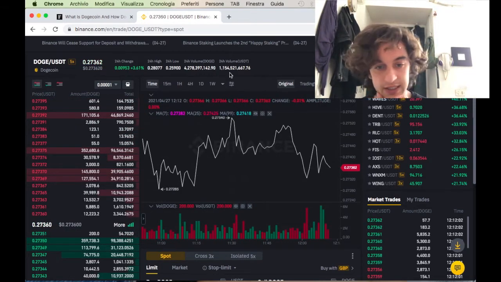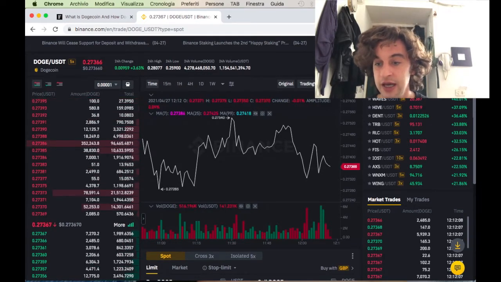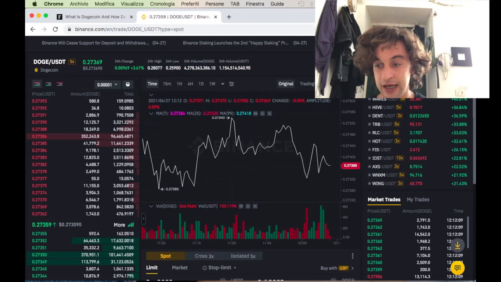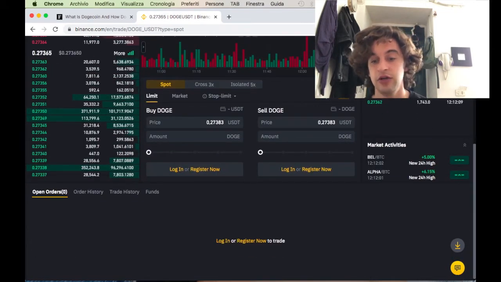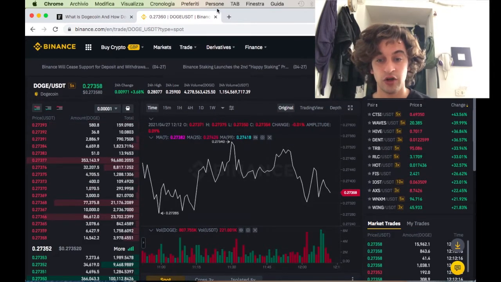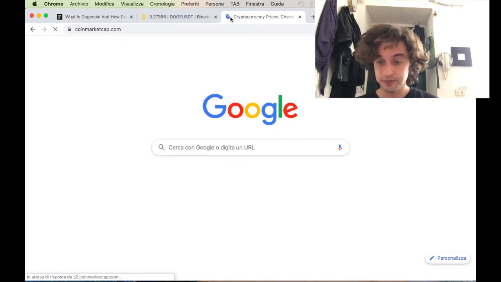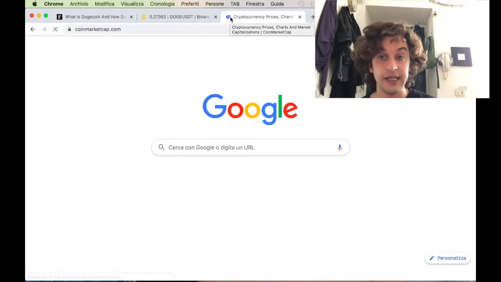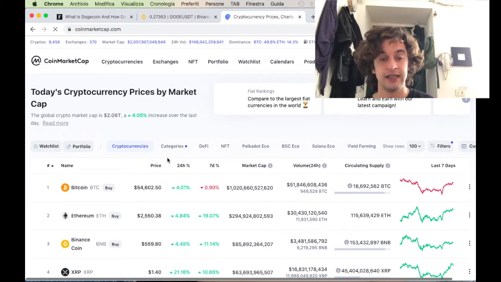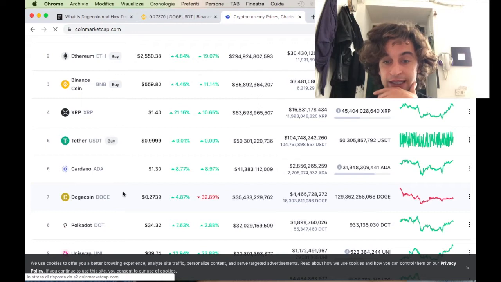There's so much circulation supply regarding Dogecoin, which I don't know if we can see it here, the circulation supply, but we can see that the volume is pretty big, very nice, and I mean, it does look good as a coin in my opinion. I have nothing against it, I have nothing to say like I don't like this coin or whatever, but let's say we go on CoinMarketCap, for example, and we see what the cryptocurrency gains, the cryptocurrency value and the store. Let's see where it's all ranked and everything.